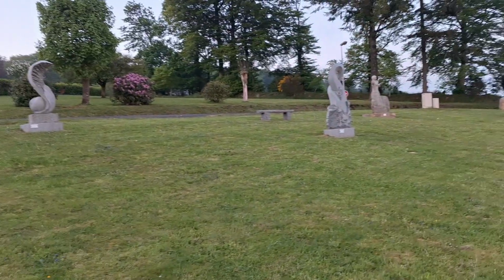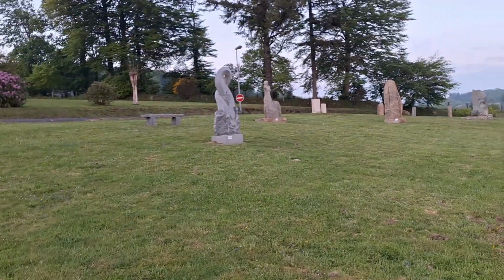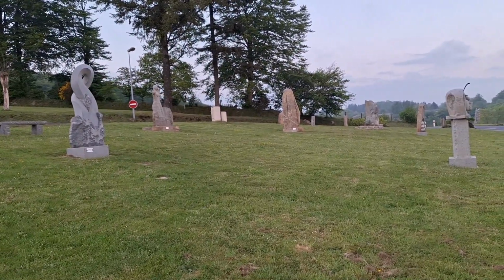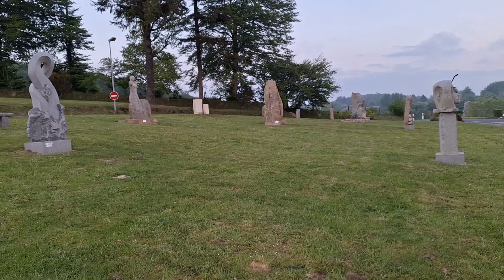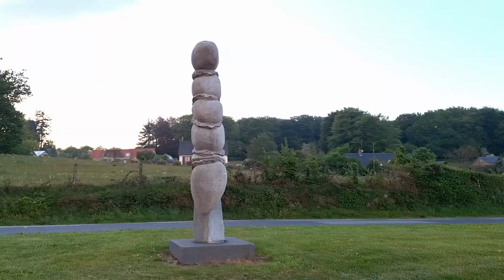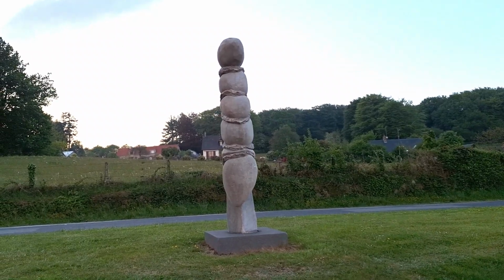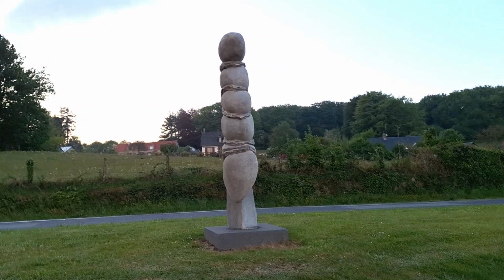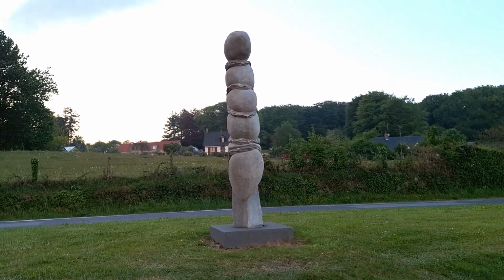What else have we got? So there must be 20 odd sculptures here. There's another one that's just on the roadside. There's a little car park, and there's actually a cemetery nearby. And there's another one which looks like, you'd say, almost like a body trussed up and wrapped. It's not a great angle, unfortunately. If you go around it, if you ever visit,